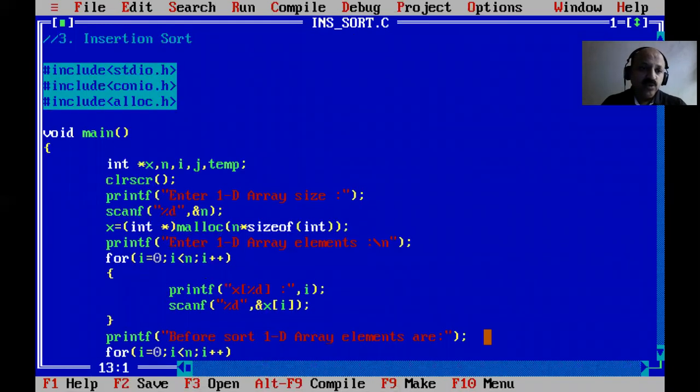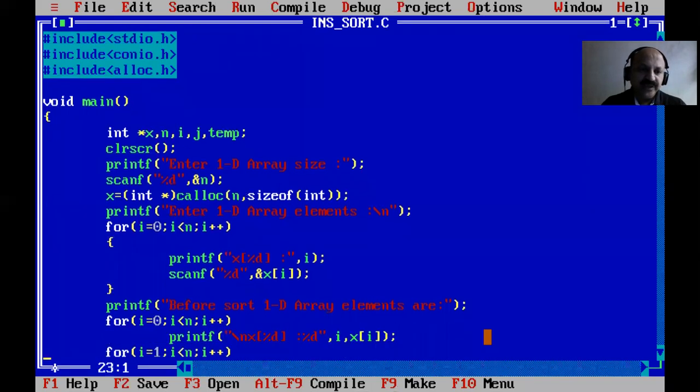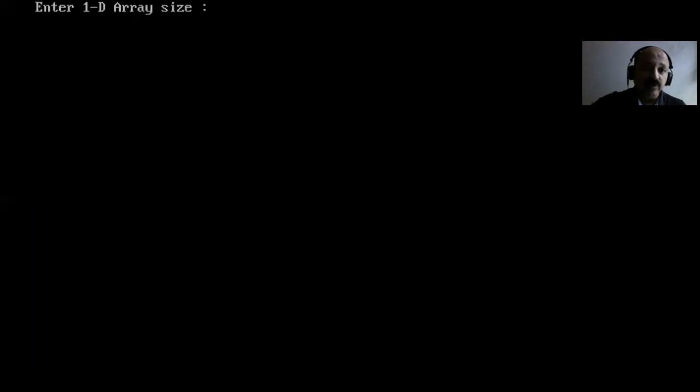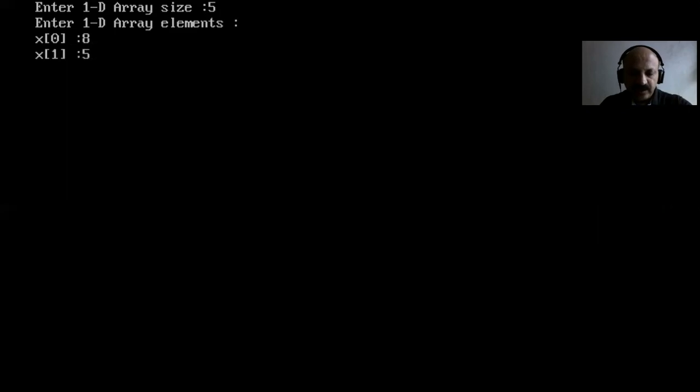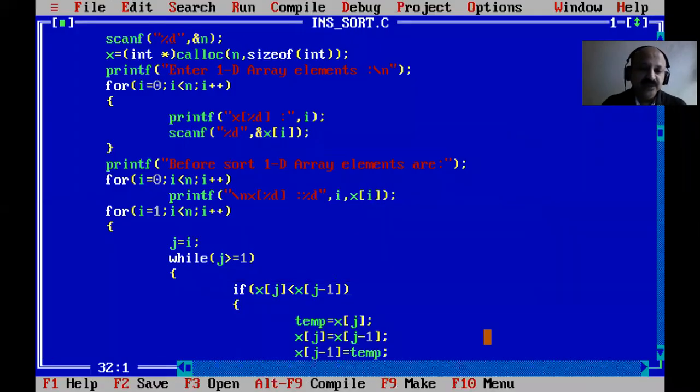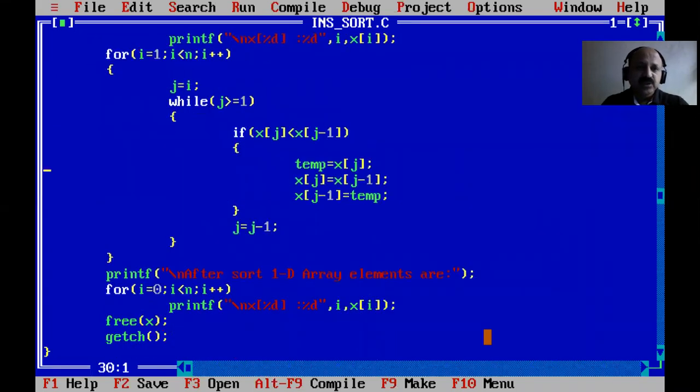And here, how to use calloc? I remove M and use C, and calloc takes two arguments separated by a comma operator. That is n and the size of integer. Calloc and malloc are similar, but different. I also cover it in my book, so you can read my book. I recommend it to you. I give random elements. You can look, calloc works like malloc, but both are different. That is dynamic memory allocation, but the technique is different internally. I have not discussed it here. So all is well.